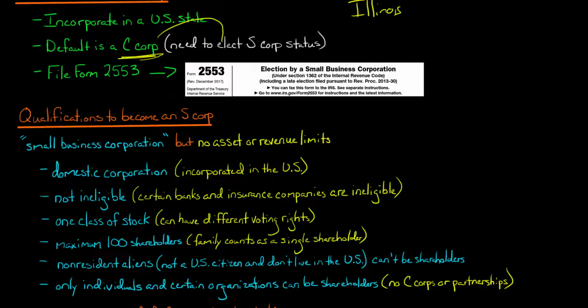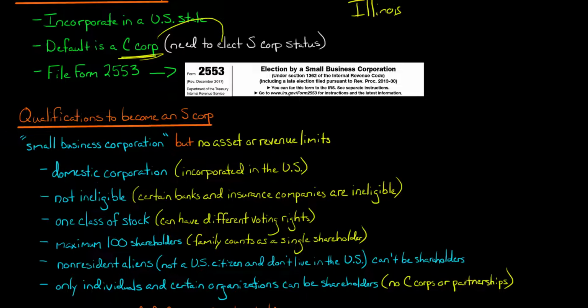But the company, to be an S corp, needs to be a domestic corporation, which means it needs to be incorporated in the United States. Okay, now it needs to not be an ineligible corporation. There are some corporations that the code has just said are ineligible to be an S corp. For example, certain banks and insurance companies have been deemed to be ineligible. Okay, so you can't be an